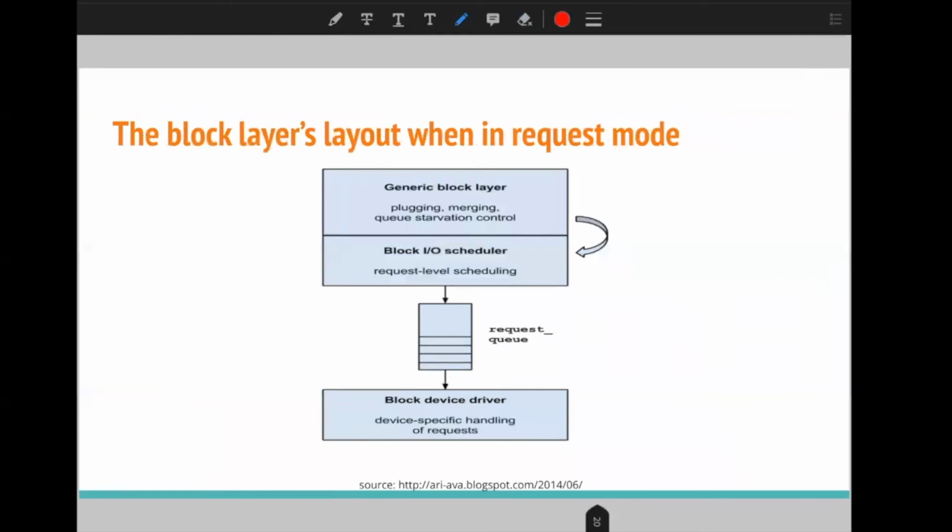So here is the pictorial view of whatever we have discussed. This block layer tries to merge or sort these block IO requests. Then it is the responsibility of the block scheduler to put those requests in the most optimal manner into the request queue, so that the actual block device driver can pass those requests to the actual disk or the block device.